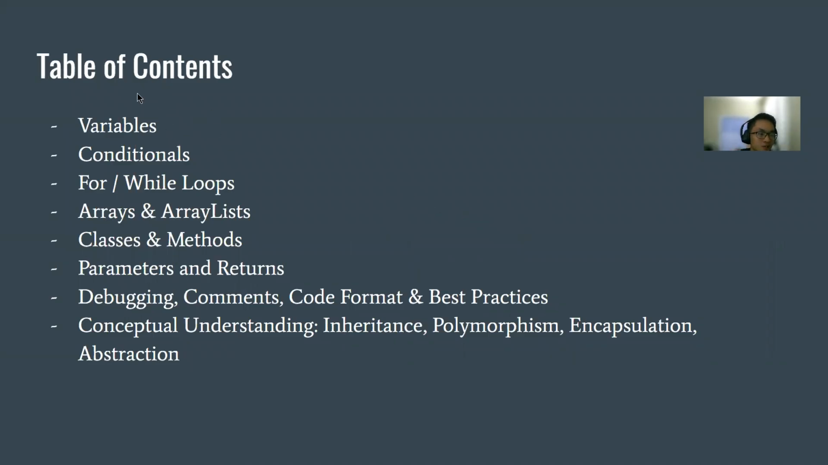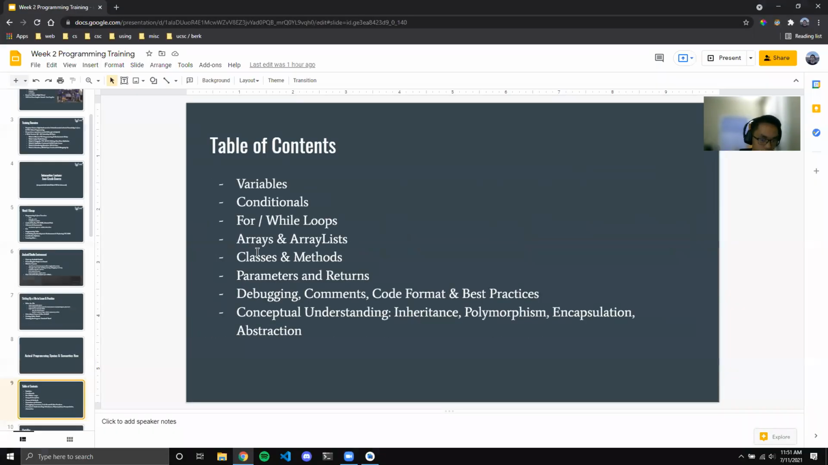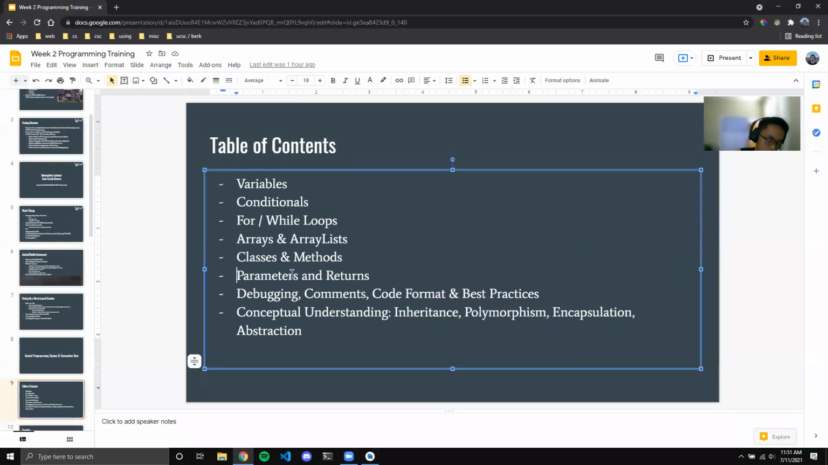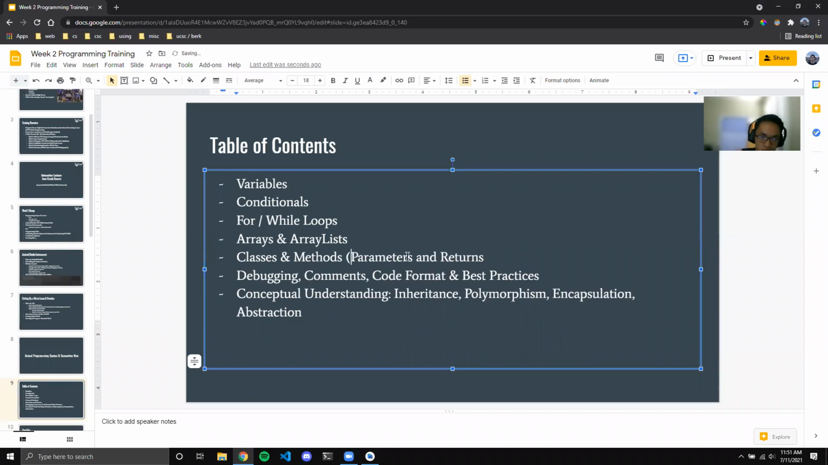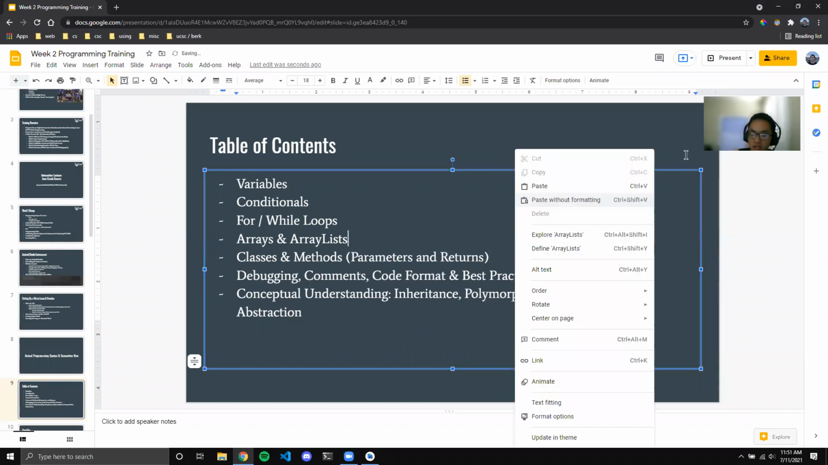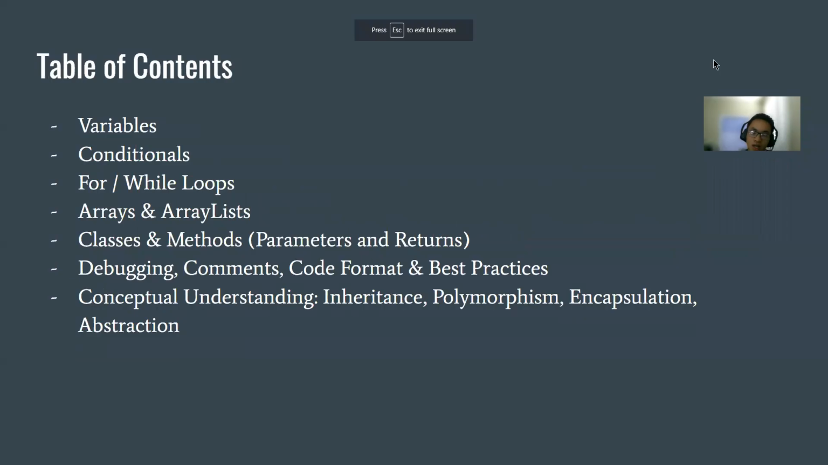All right, so table of contents: I'm going to be going over variables, conditionals, for and while loops, arrays and ArrayLists, classes and methods, parameters and returns, which should actually just be under this. So let's edit that real quickly. We can just make them parameters and returns. And then we'll talk about debugging, code formatting, best practices,